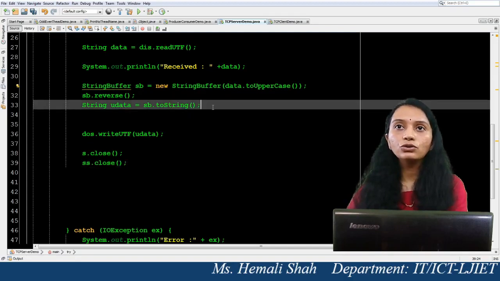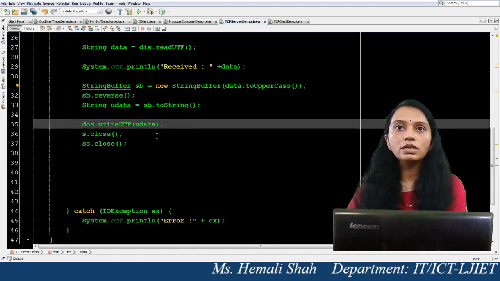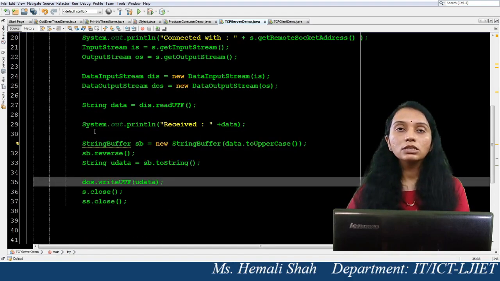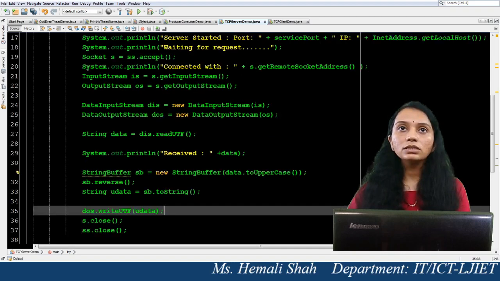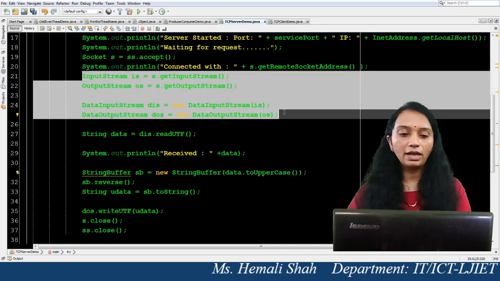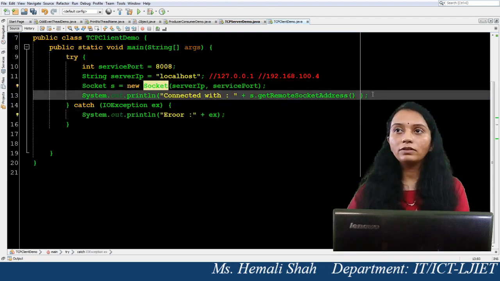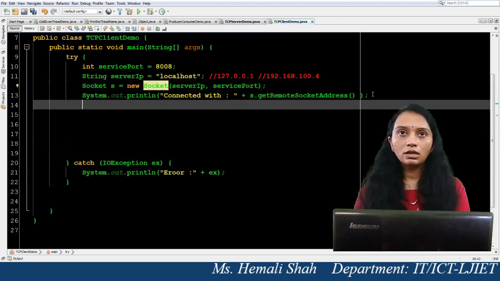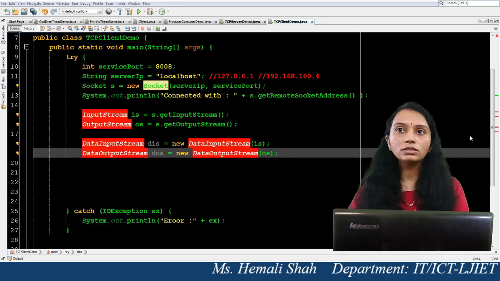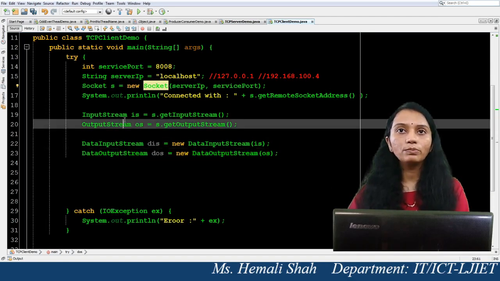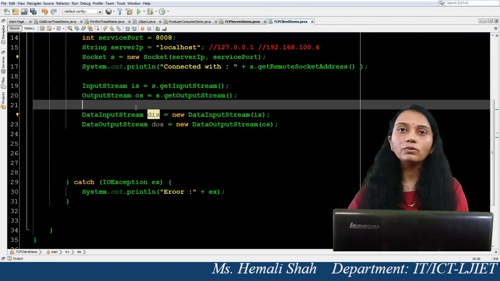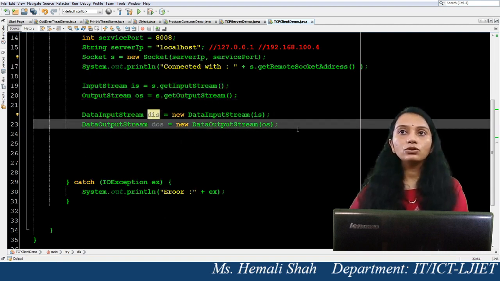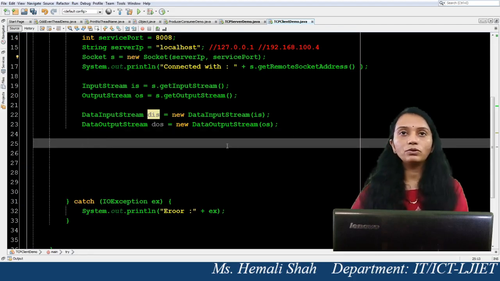Now what should you do in the client program? Here you just need to do the reverse thing. You need to make all these things over there also. So here in the client program, after making a connection and printing the message, you just need to convert your input stream and output stream objects into the data input stream and data output stream.